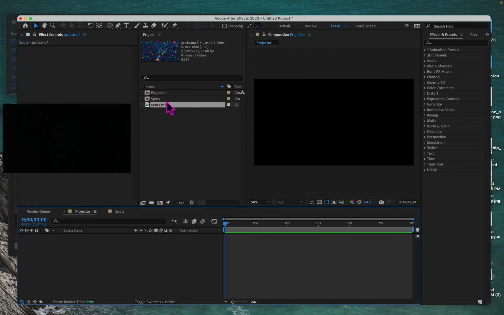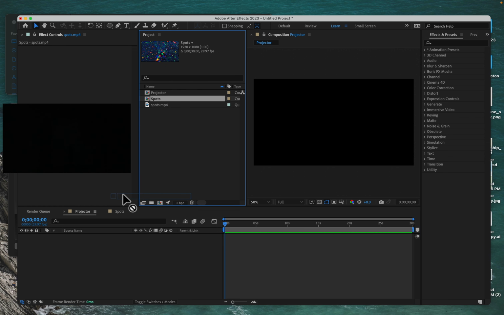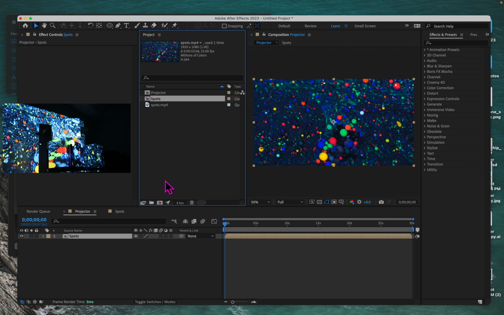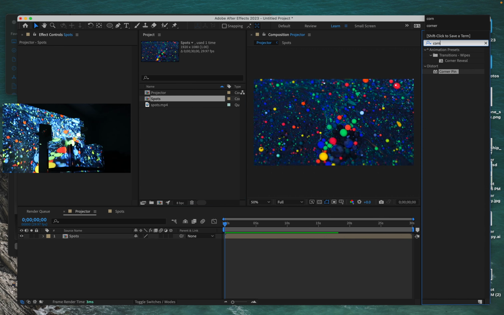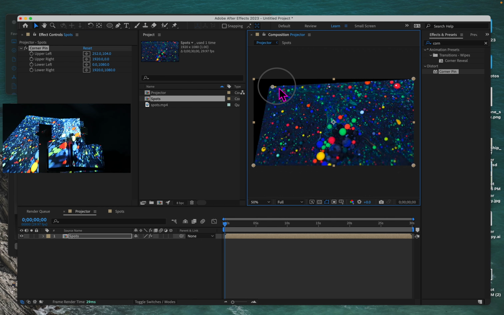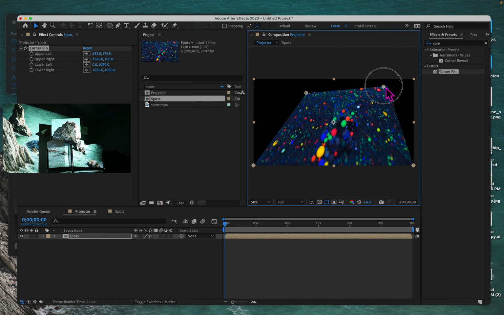So in Projector, I can go ahead, grab the spots composition, make sure you're not selecting the media itself, but grab the spots composition, pull it into the projector composition. And then we're going to want to do the corner pin, dragging it right onto the media. And you get the little warp options, and what I'm doing is